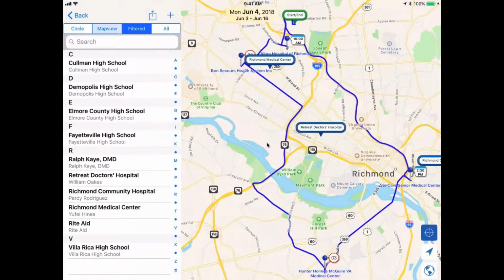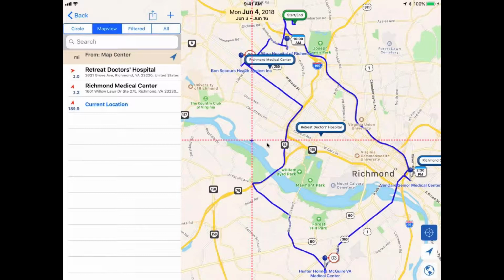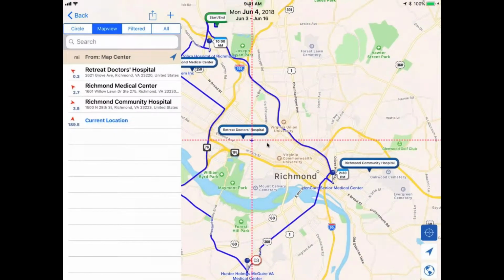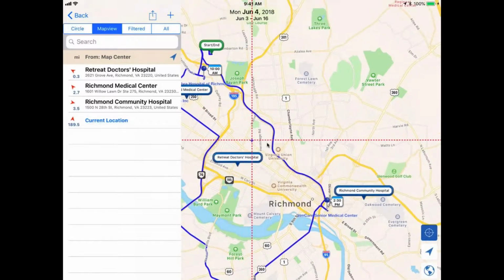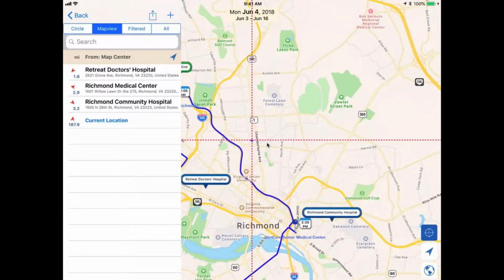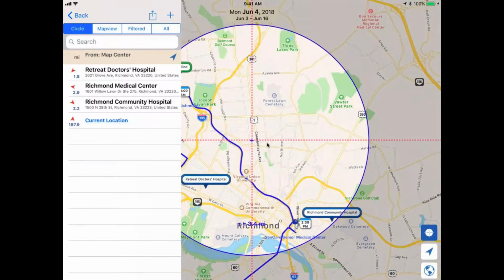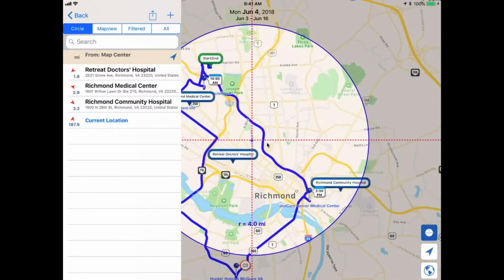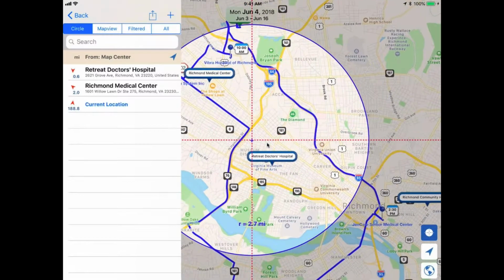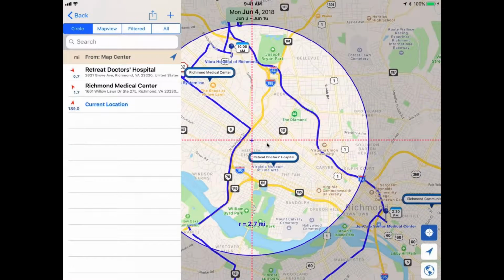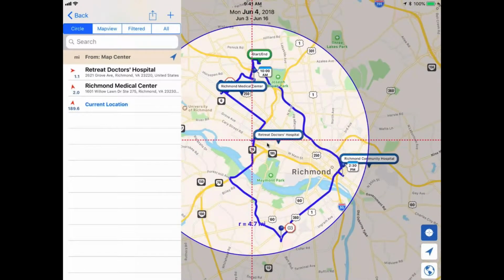I'll just show you the other two views real quick. Map view would just show me all of my accounts that are turned on my map in relation to wherever I press that map center. And then circle view would actually add a radius as well. So I could adjust. So maybe I even want to drill it down here. I'm just seeing accounts that are within 2 to 3 miles of where I place that map center. So just different ways to filter down your entire account list.